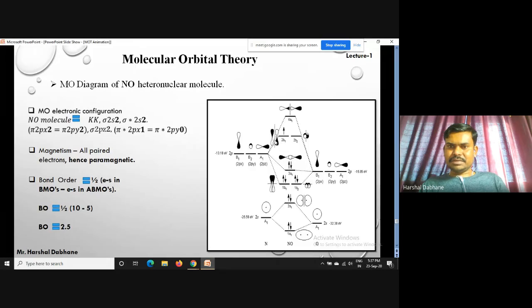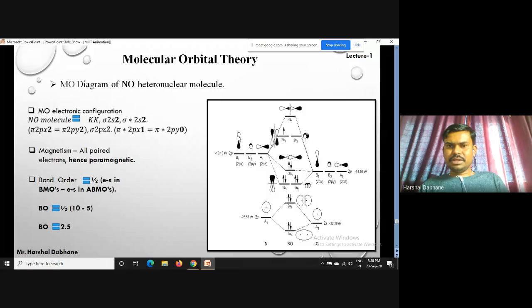Another concept is that they can form antibonding molecular orbitals. This one is pi star 2px and pi star 2py, and this one finally is sigma star 2pz. See here, you have seen these negative and positive signs. Here positive and positive overlap. This is a pi star orbital. See here, there is a node, and positive and negative overlap, and here also positive and negative are overlapping. So this is the z axis, or you can say the y axis. In this way we have to write down this diagram.